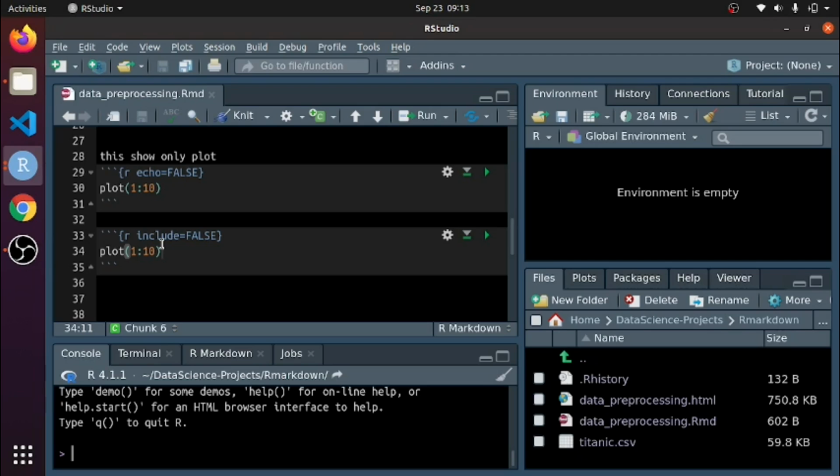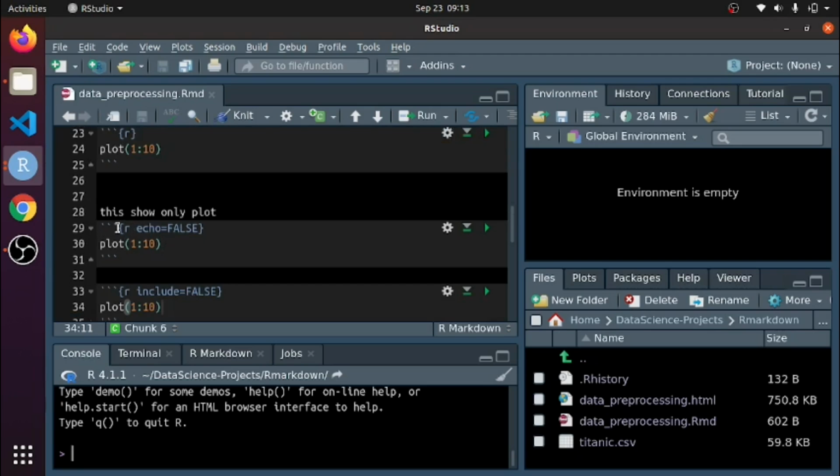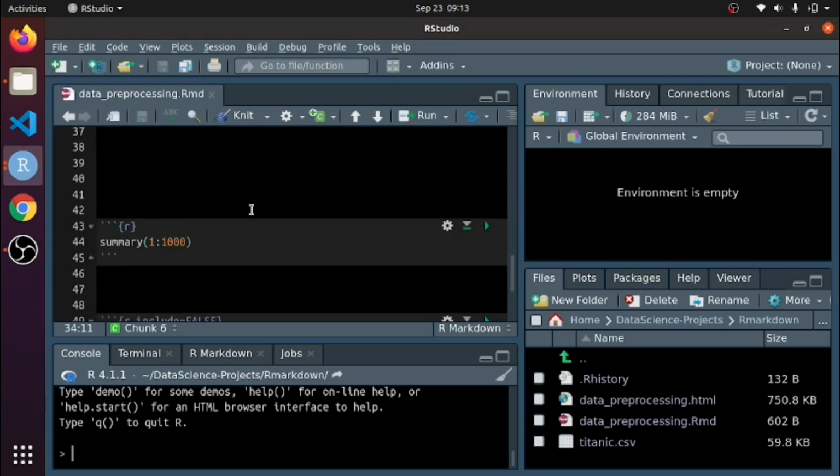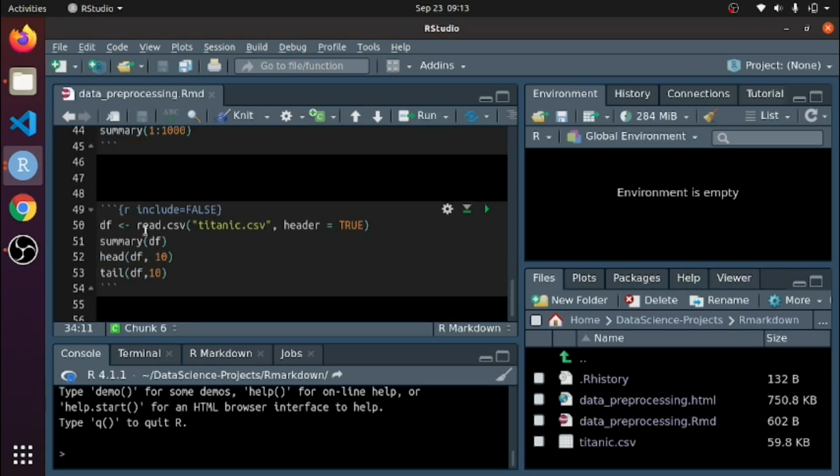Now the question arises, where should I use it? I already told you the use case of the earlier options. Now I am telling you where you should use this one. Suppose you want to create some variables for your data analysis work. So this is the code. What I am doing now is importing a dataset here, the Titanic dataset, and I just write the summary function. I want to see the head and tail.